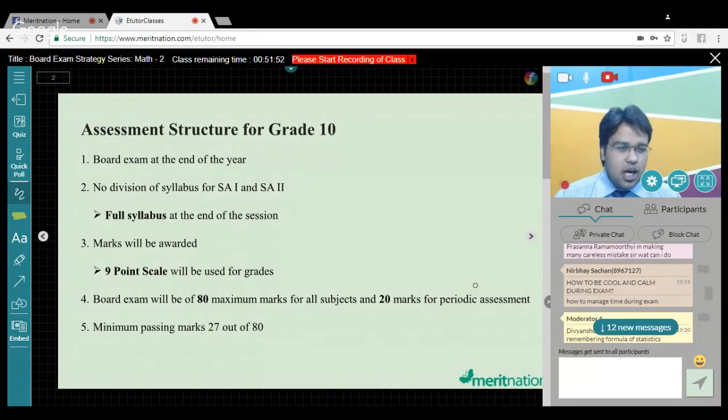This third point is not relevant for you right now because it's a 9-point scale. The grade will be evaluated. You will be evaluated at that. Every increment or a decrement, I would say, of 9, your grade will decrease. Maximum marks are 80. Everybody knows that. Passing marks, don't worry about that. I'm sure everybody is going to pass at least.